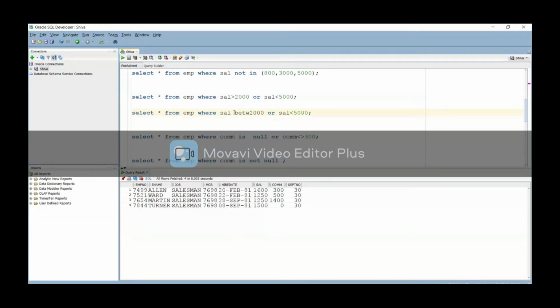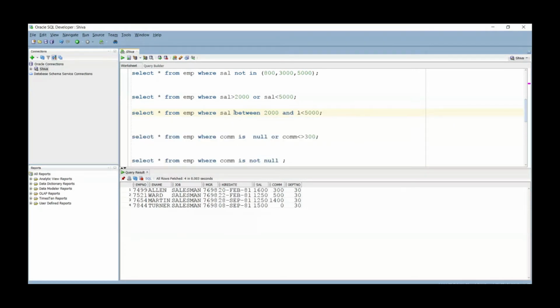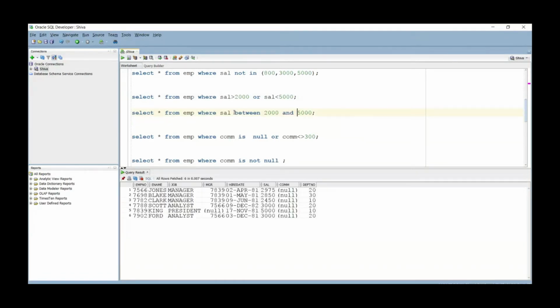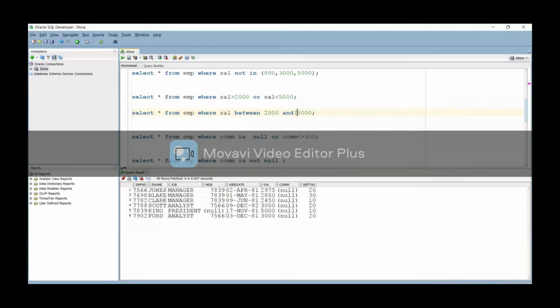Salary between 2000 and 5000. How many values do we get now? Earlier, for 2000 and 5000, we had only 6 records.